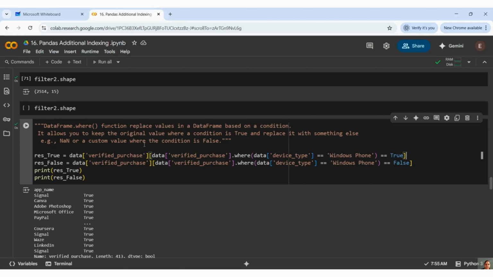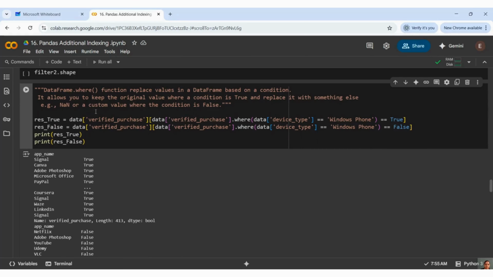So with this I am saying that wherever my device type is Windows Phone, I need the verified purchase for those things. So you can see I'm able to get my output like this. My app name is Signal.